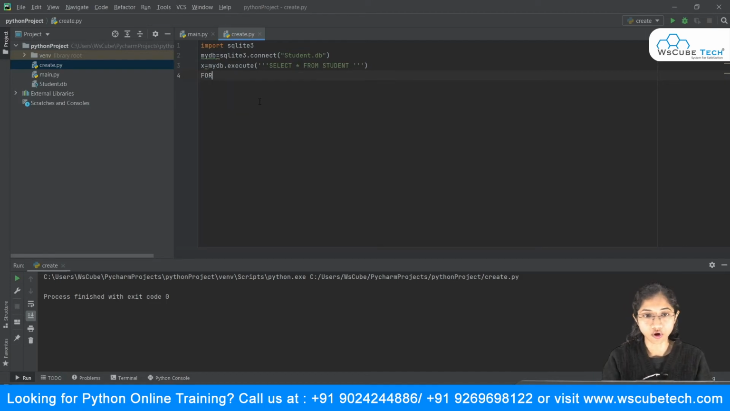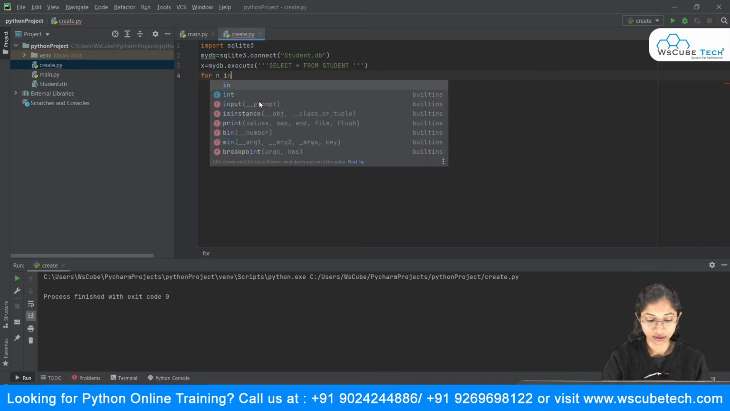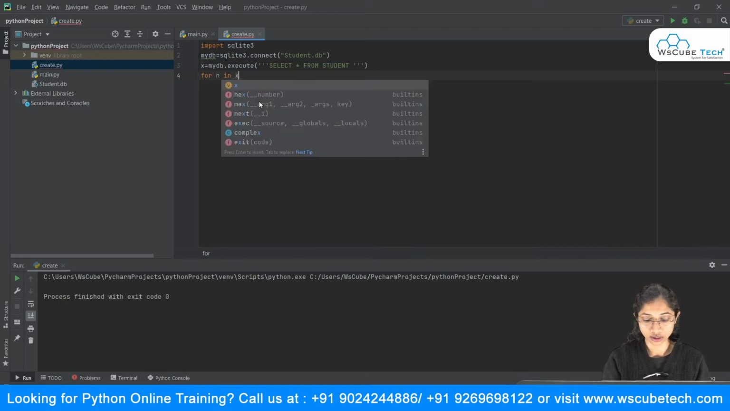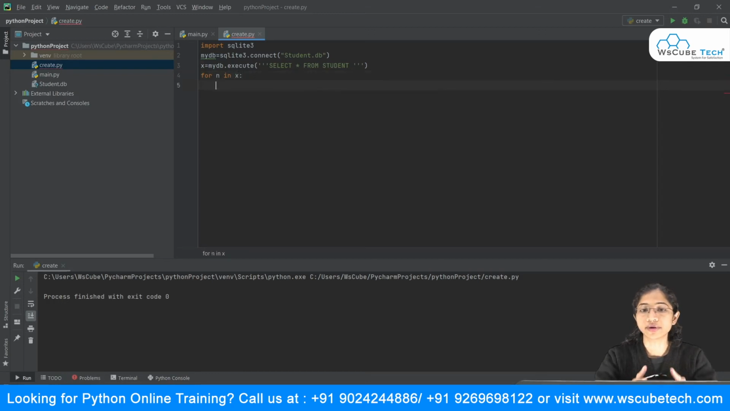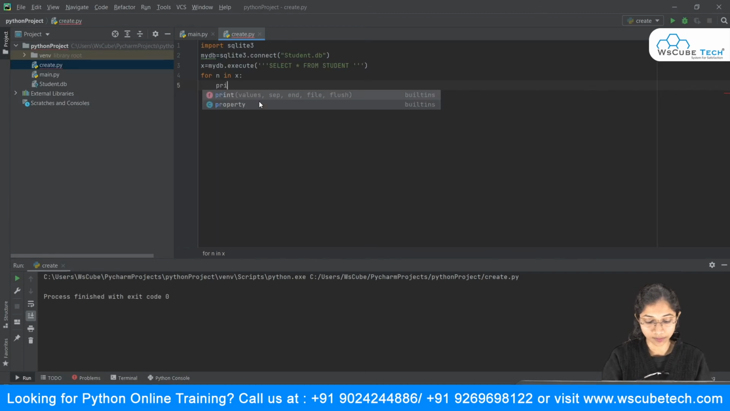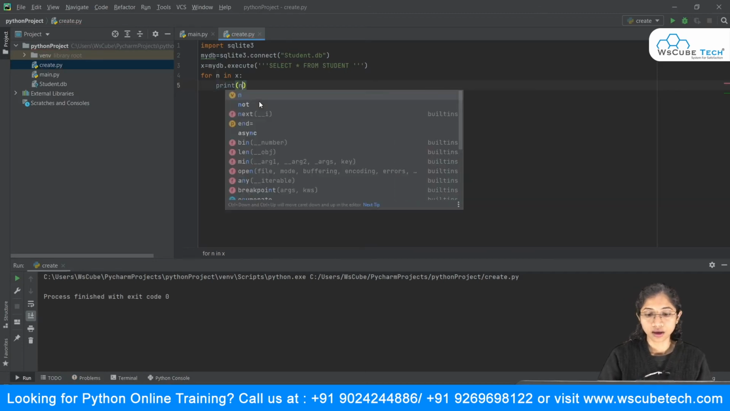So we're going to say for, and we can take any variable name. Suppose I take n. So for n in x, because that is where all my records are, because I'm executing a query there itself. So I'm just saying that for variable name n in x, I'm just going to say print n. And as soon as I run it over here,